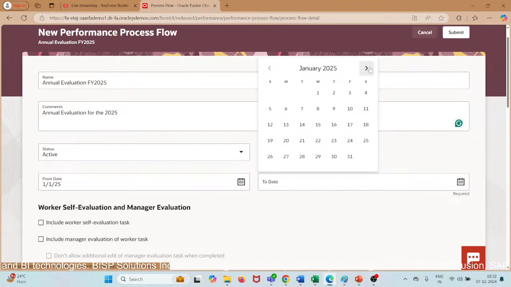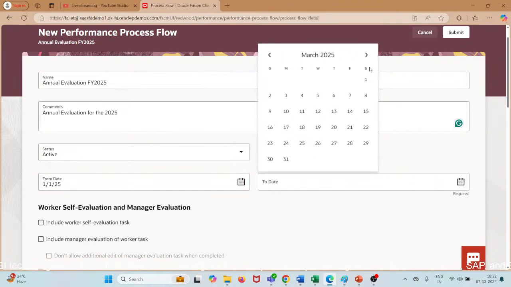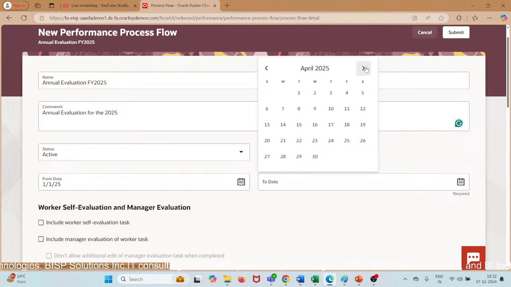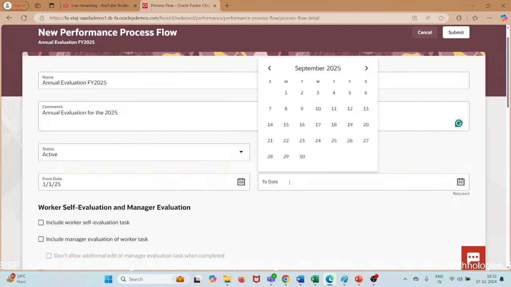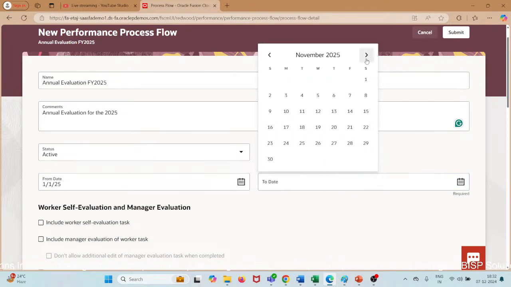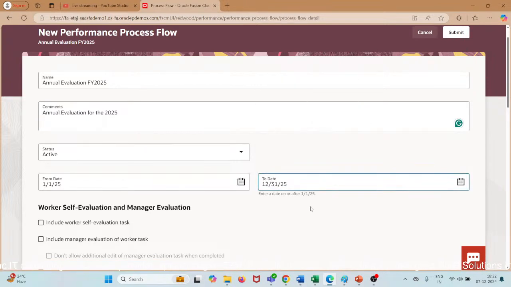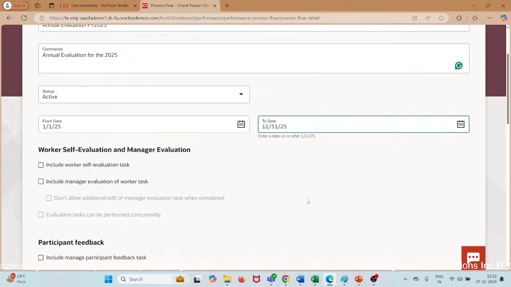And the process flow, let's change to December, sorry, December 31st. Here you see